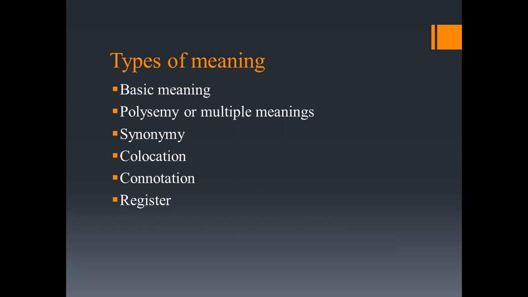And then we have to see its polysemy. Polysemy means multiple meanings. One word has many meanings. Now, which meaning has been used in the particular context is something that we have to see. For example, there is the word go. The word go has many meanings, more than 50 or 60. Which meaning has been used in what context is something that we will be able to know when we